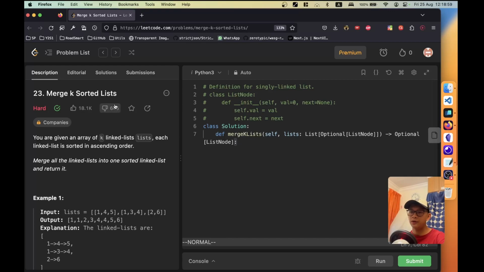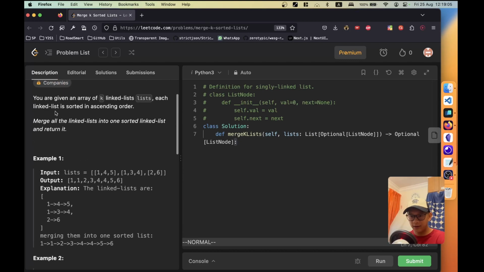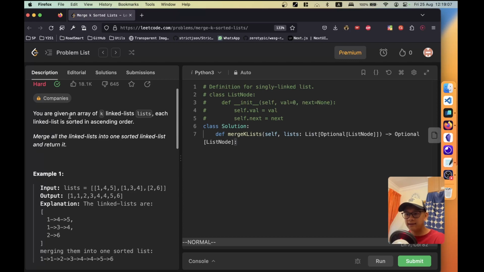Today we'll be doing question 23, Merge K Sorted Lists. It's a hard question, but it's actually not really that hard, not as hard compared to other hard questions. So we're given an array of K linked lists, and each linked list is sorted in ascending order. So all we want to do is merge all the linked lists into one big final sorted linked